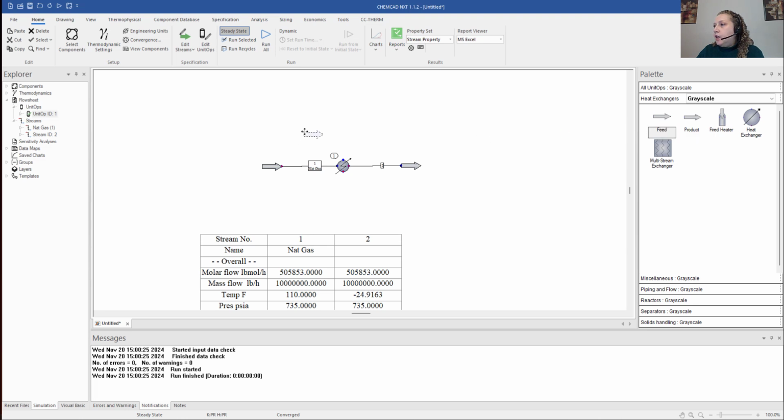I can add, for example, the utility stream. So right now I just have my heat exchanger with a feed stream and the product stream of what's cooling now, but something's in there cooling it. So I want to add my refrigerant stream. I can just add a feed arrow and a product arrow, and again click on the little red dot and connect to the utility stream for this heat exchanger. Or it doesn't necessarily have to be a utility stream. Maybe it's a cross exchanger and you have a recycle loop somewhere in your process. But in any case, now I've connected the refrigerant stream into my heat exchanger,